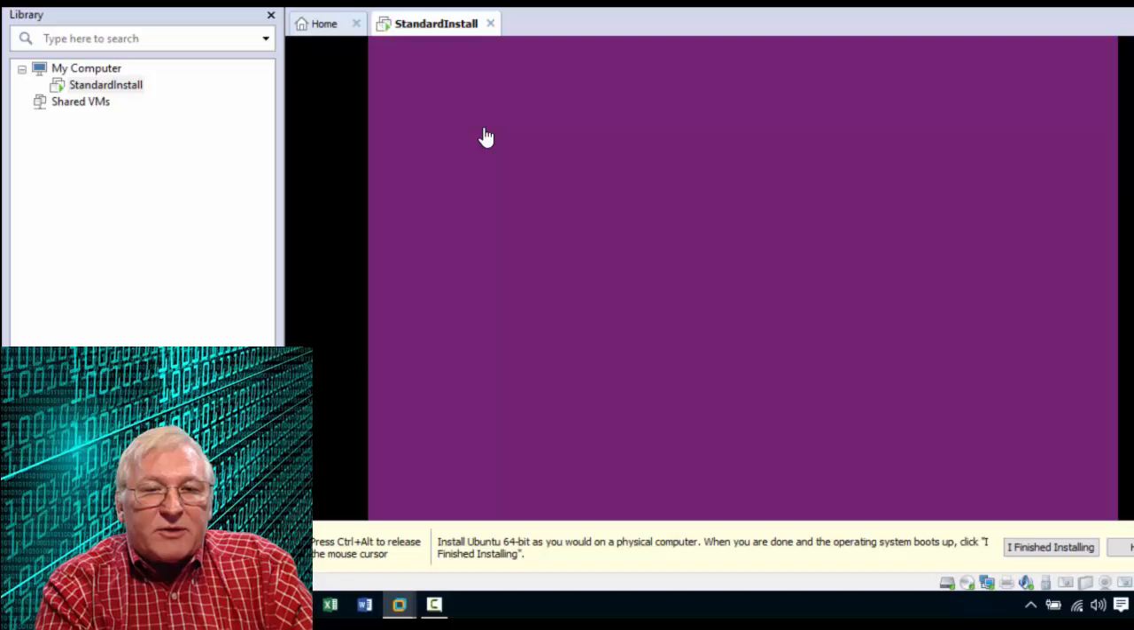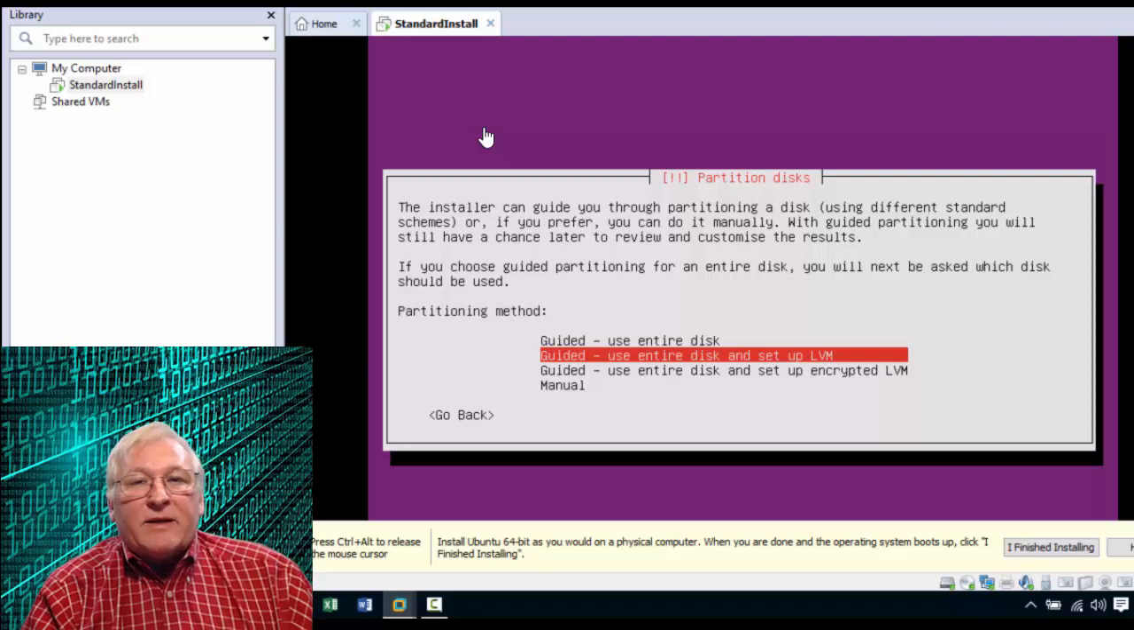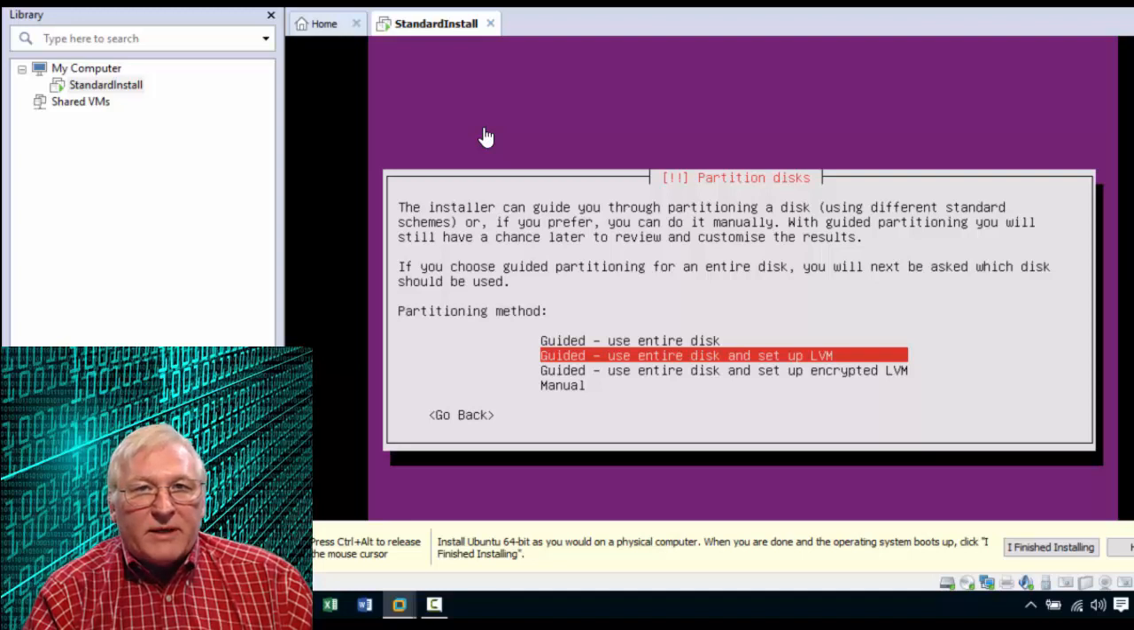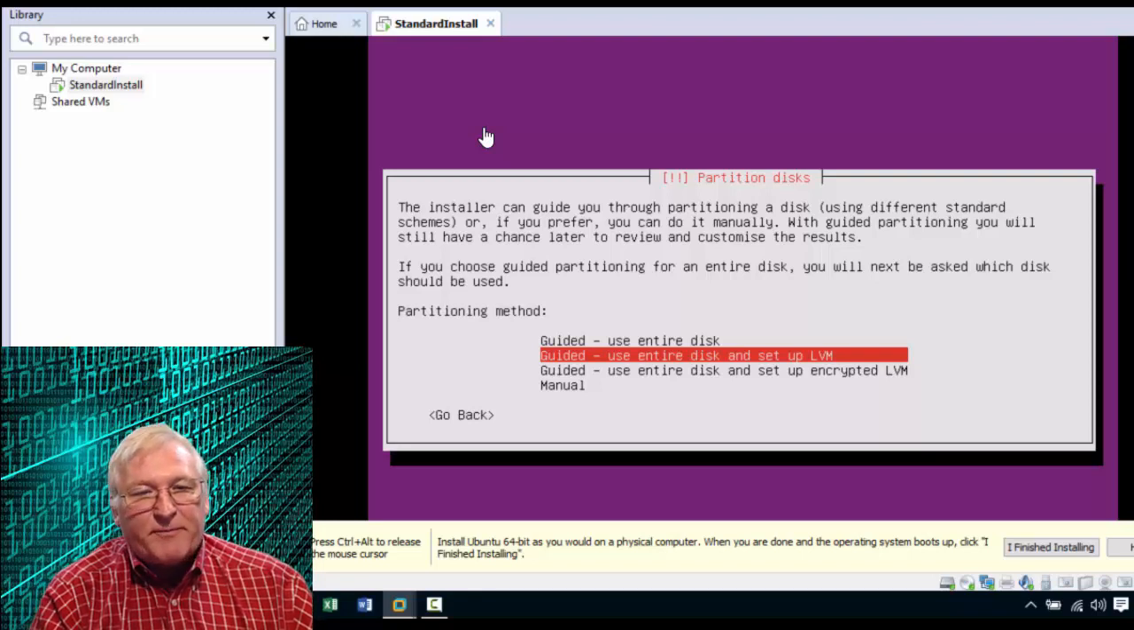And now it's going to do some additional hardware detection. Now, at this point we need to partition the disk, and this may sound a little bit scary, but it's actually just partitioning a file on your computer. So it's not actually partitioning your actual hard disk, it's just partitioning an area on your computer you're setting aside